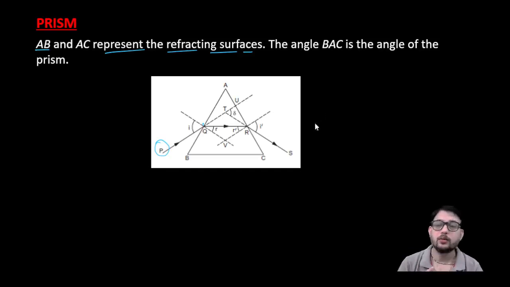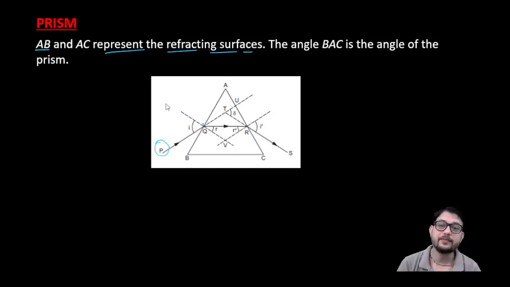Now you can see that the medium is, suppose, air, and suppose this is made of glass. It is a glass frame. So in this case the ray is moving from the rarer medium to the optically denser medium. It means the ray will bend towards the normal, and you can see this is your normal. So light bends this way and takes a new path here.